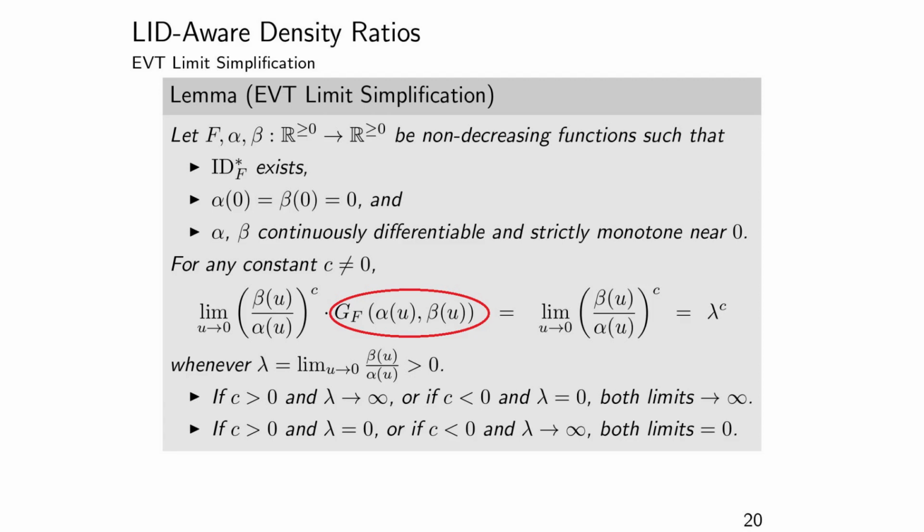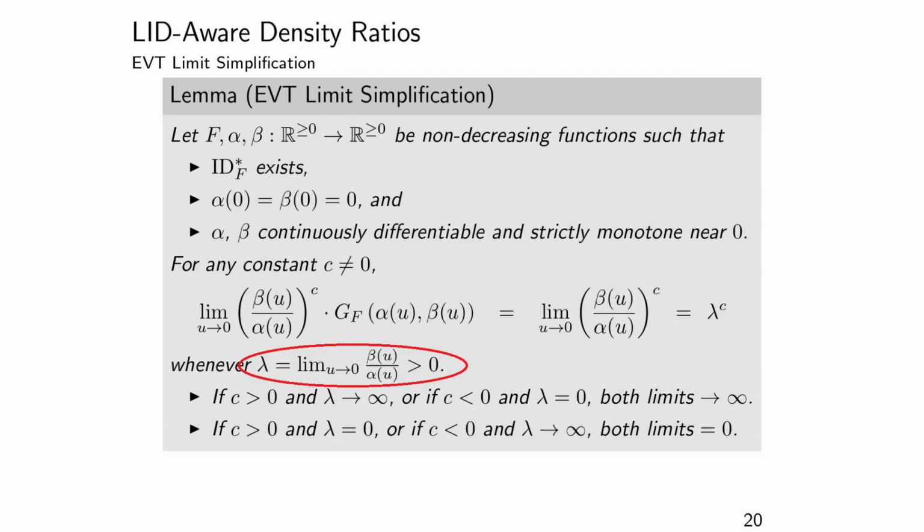What this result essentially says is that if you have the limit of the ratio of two functions taken to some power c, which is not 0, times this auxiliary factor from the EVT analysis, g of f, then you get the same limit as if that factor were gone, as long as the limit of the two functions itself, beta over alpha, as u tends towards 0, is positive. If that's positive, then the g of f will just disappear, which is very convenient because